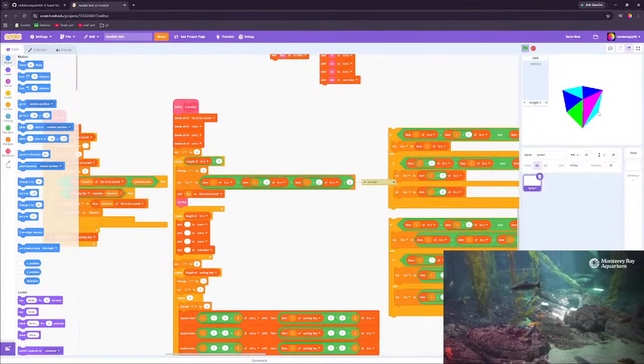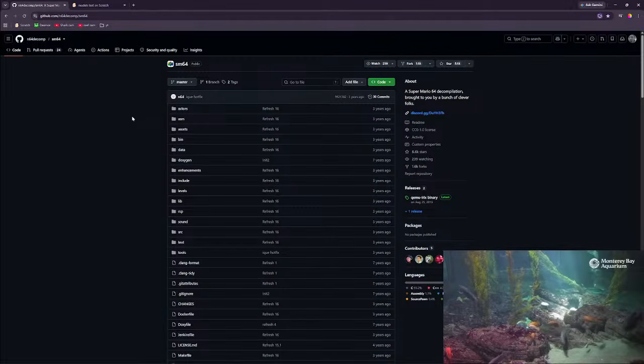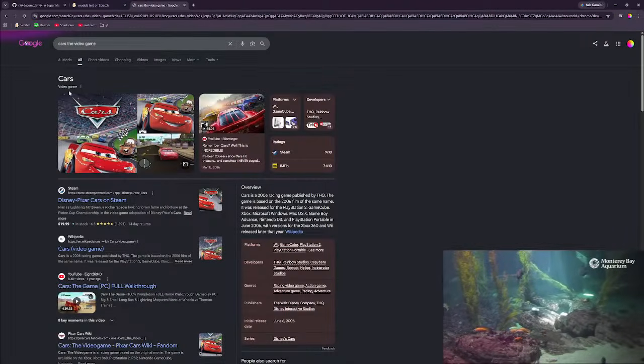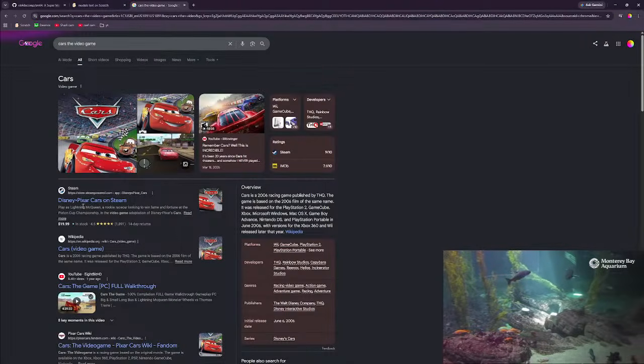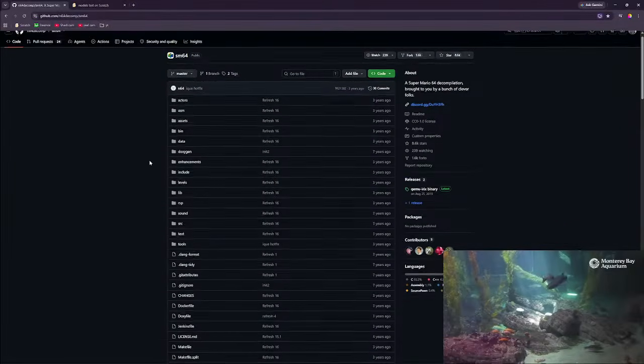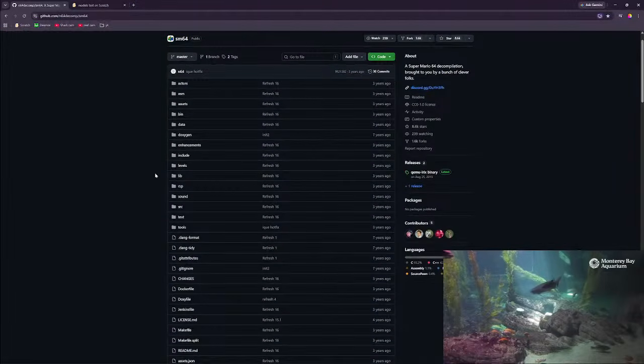Will there be character animations? Hopefully, yeah, if I can figure out how the source code has them working. Please let me know when the Cars video game Scratch version comes out. I don't know what that is. There's a Cars video game. Anyways,